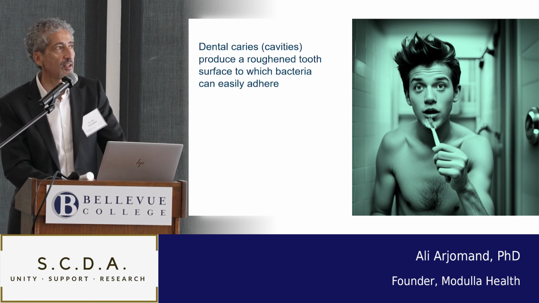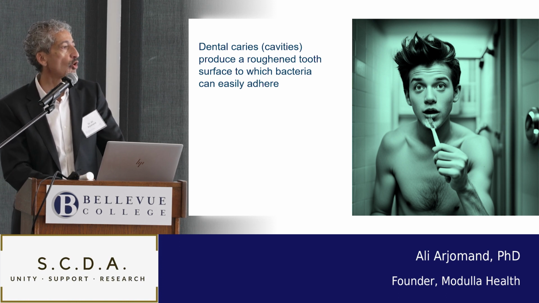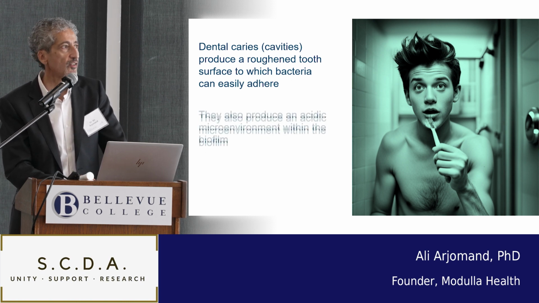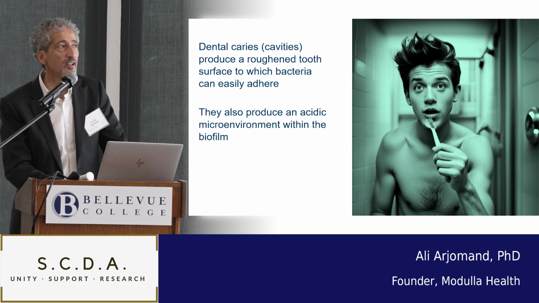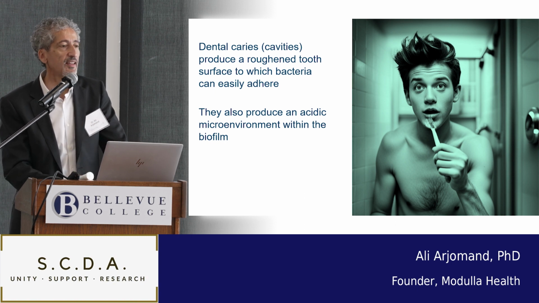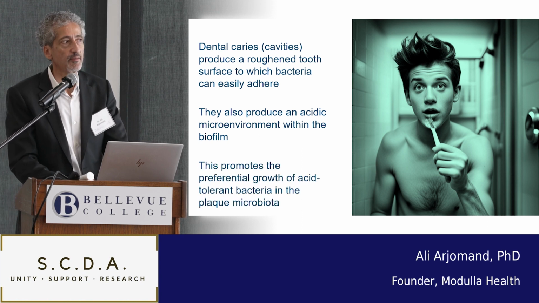Cavities, I mentioned them earlier, are produced when they produce a roughened tooth surface, right? And then that roughened surface allows bacteria to attach to it when normally it wouldn't even have a chance. So that's another driver: when one thing goes bad, it induces increased diversity of the microbes into those surface areas. They also produce this acidic environment that further changes the local ecology, this sort of acidic pocket area, and that changes the kind of microbes that can or cannot live there. And again, we get this downward spiral of plaque formation.